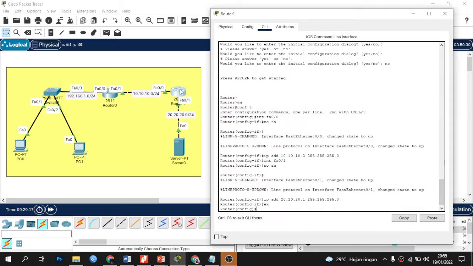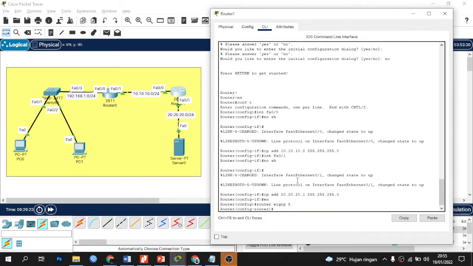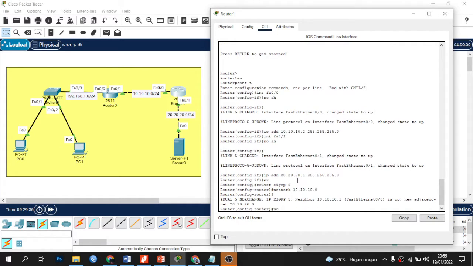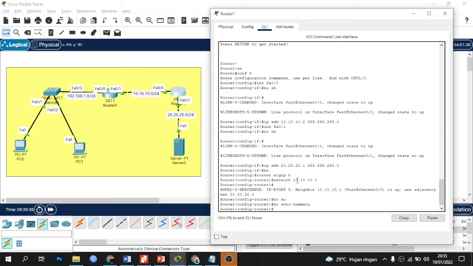Next, on router 1, router EIGRP 5, enter the network 10.10.10.0 and network 20.20.20.0, no auto-summary, enter.